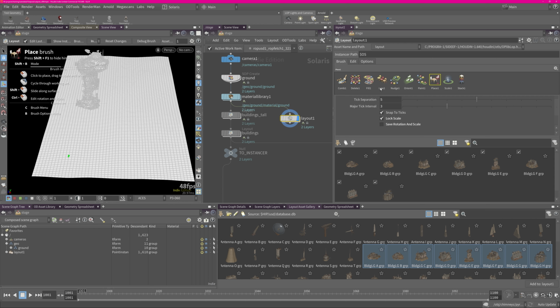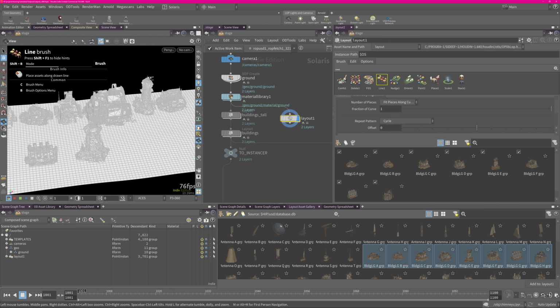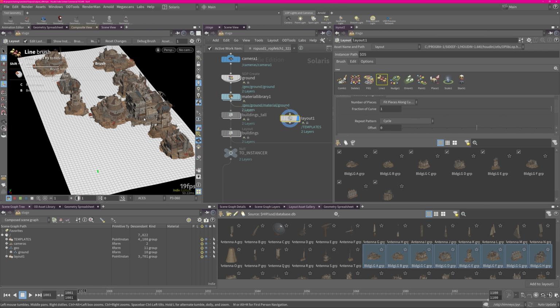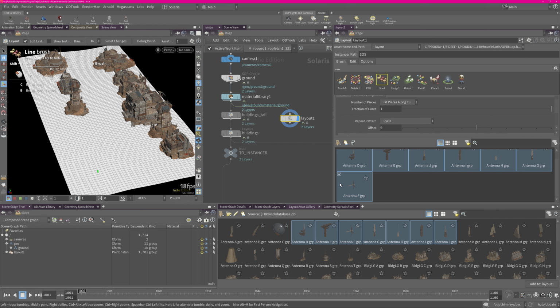You can also use the line, which helps as well for placement. And you can essentially click and drag and it just populates the line with buildings. And that's also what I did as well. Like that. And then you can pick smaller items. You can switch then to final render to actually get some textured views. You can remove your objects from here. And maybe if you want to create smaller props now, you can drag these guys in, activate them,